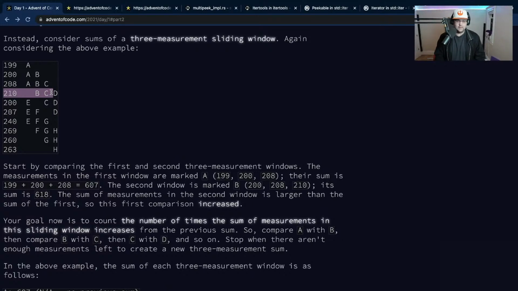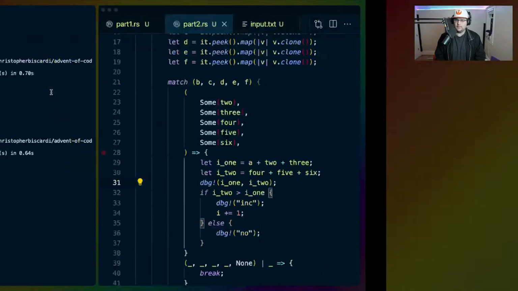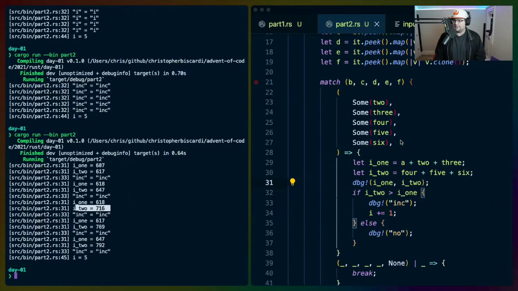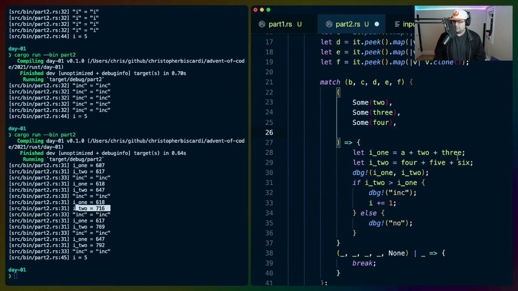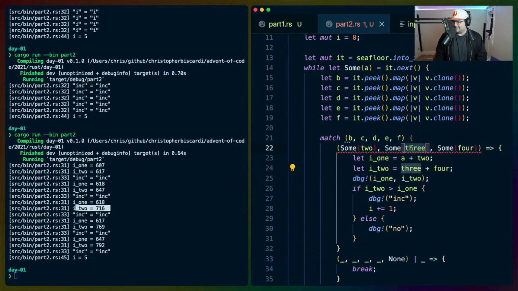Oh man, I didn't do that at all correctly. This isn't even 6 values. This is supposed to be 4. Damn it. Oh god.